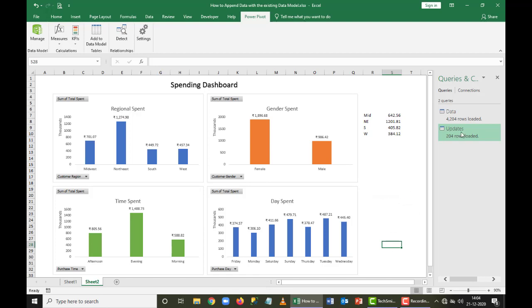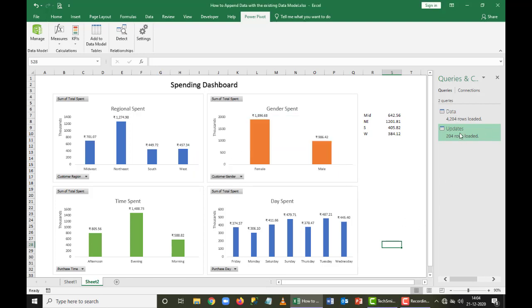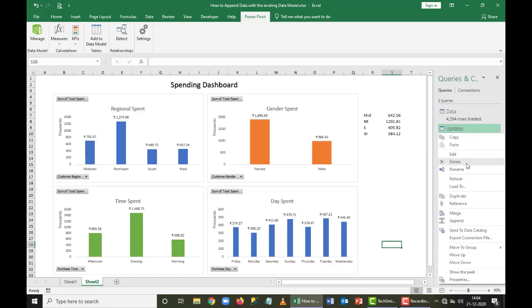Unfortunately it is not allowing me to delete it, because this is connected to my query. You can see that it says the query Updates cannot be deleted because it is referred to by another query. So I've added this data to the data query, so you cannot delete this, but you can update the new updates every time. If you want to rename it, you can definitely rename it.